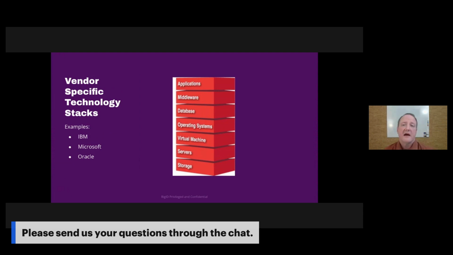If you are aligned with a certain vendor, what you're going to see is that they will have lineage tools that help you to document the lineage for their tool set. And if you have, like most of us, multiple vendors that are supporting your technology, those lineage tools will help you less with the other technologies in your environment. So this is going to be another source. If you're relying on your vendor's tools for your lineage, it's going to be very good with the tool set they provide, but it's probably going to be less effective against other tools in your environment.